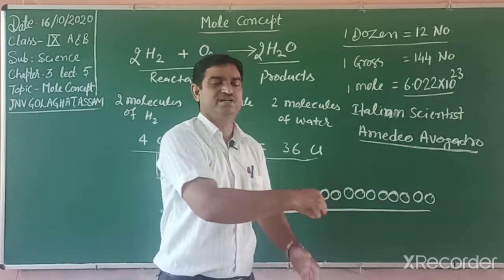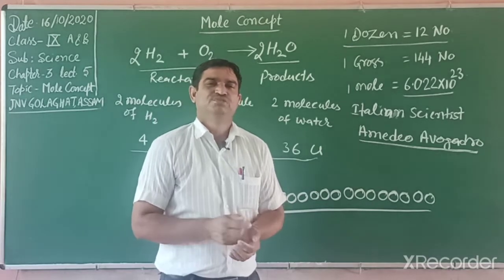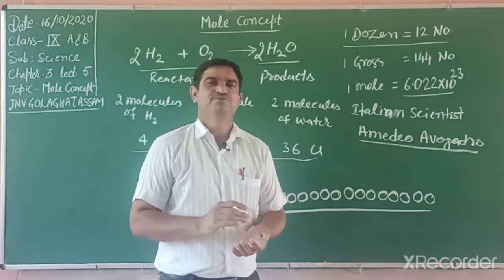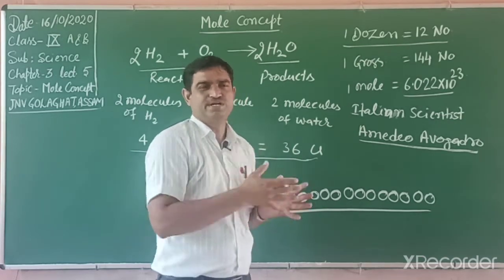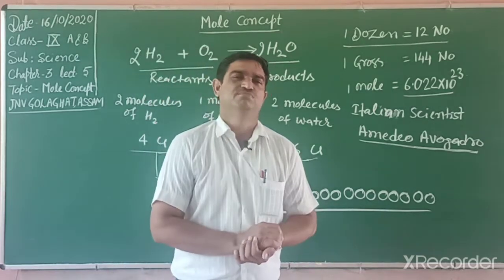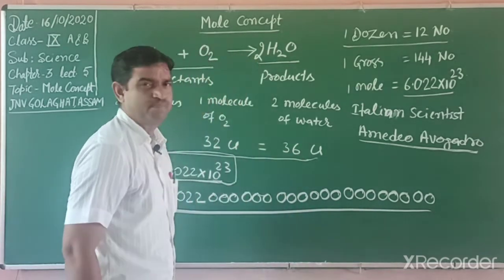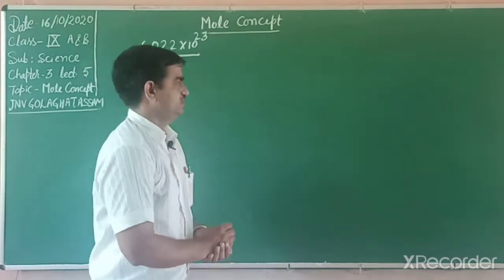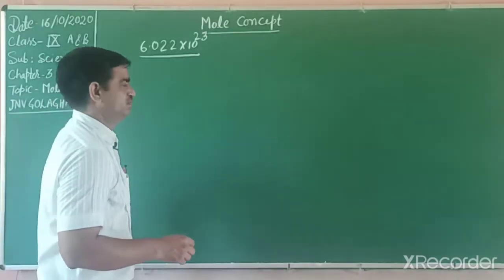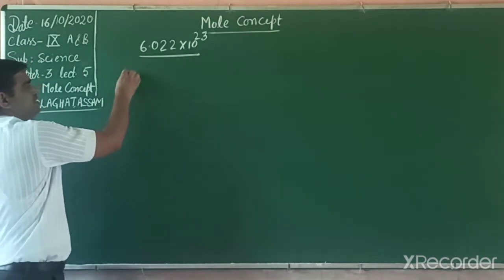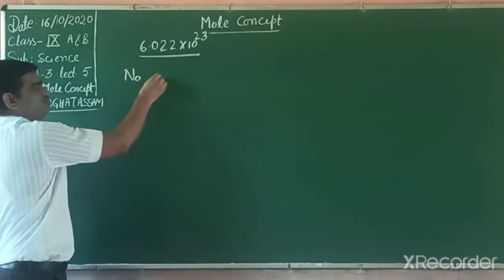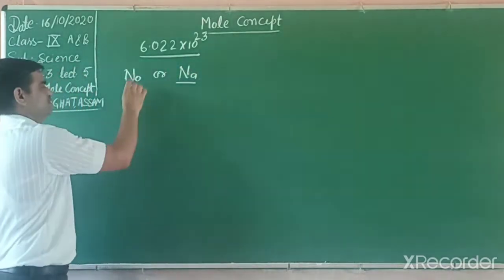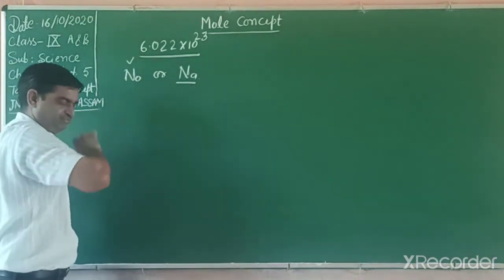Students, what is the relation with the mass of atoms? Meaning, what is the mass of 1 mole of molecules and what is the relation? Now we will explain the terms. This Avogadro number of molecules exists in which number? Now students, we explain this Avogadro number. This Avogadro number is represented by NO, or earlier it was represented by Na. In some books it is written as Na, but normally written as NO. That is a fixed number.